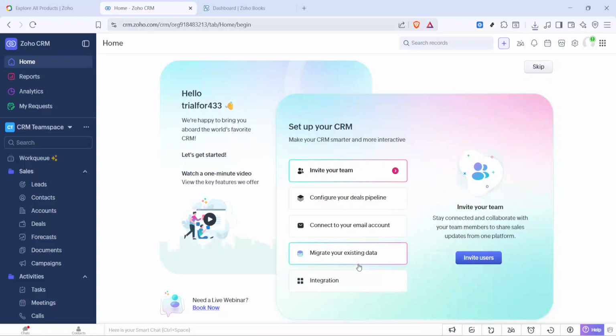In today's video, I'm going to teach you how to import contacts into Zoho CRM. If you're moving a list of people from a spreadsheet or another system into Zoho, this walkthrough will make it simple and error-free. Before we begin, it helps to have your contact list saved as a CSV or Excel file